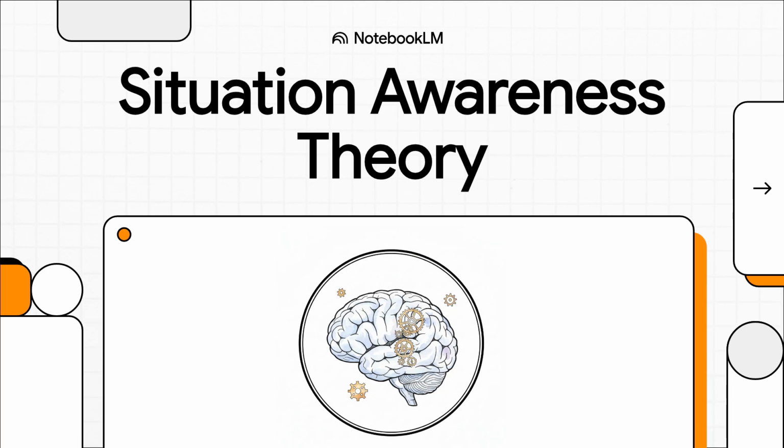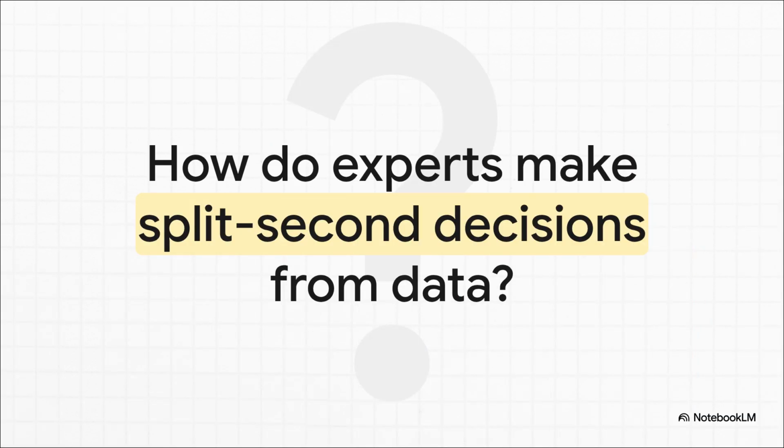We are going to completely dissect the cognitive engine that drives expert split-second decision-making. We're getting into Dr. Micah Ensley's foundational paper toward a theory of situation awareness in dynamic systems. The goal? Unpacking exactly how the human brain actually manages ridiculously complex, high-stakes environments and making this cognitive science super clear and actionable for you. Okay, let's dive into this.